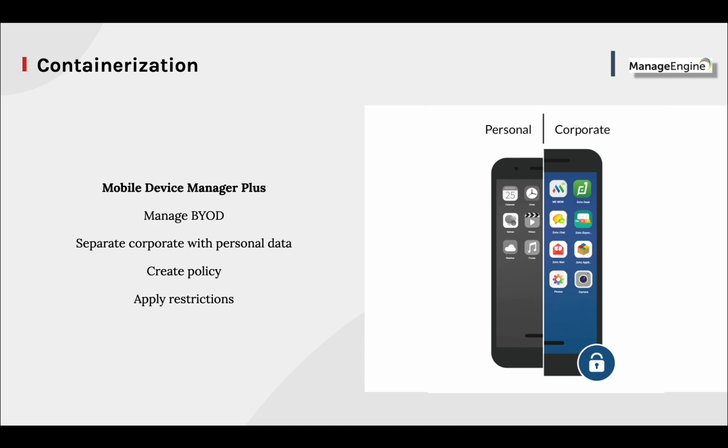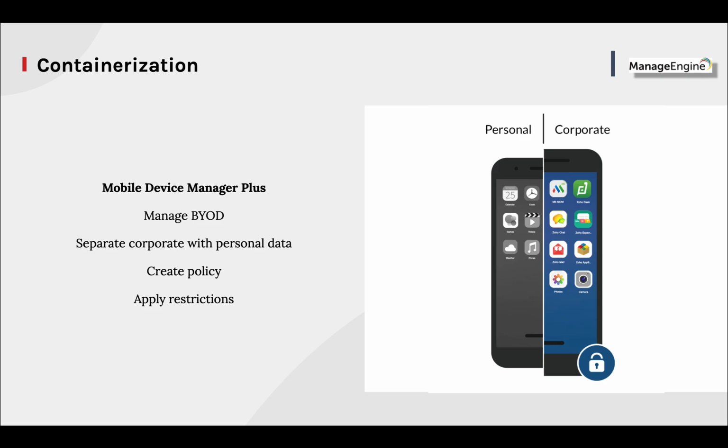Another benefit of containerization is that two versions of any app can exist inside and outside of the container. So you can have the same app inside the personal data and the corporate containerization. The flow of data between both the versions is restricted in addition to the transfer of data in and out